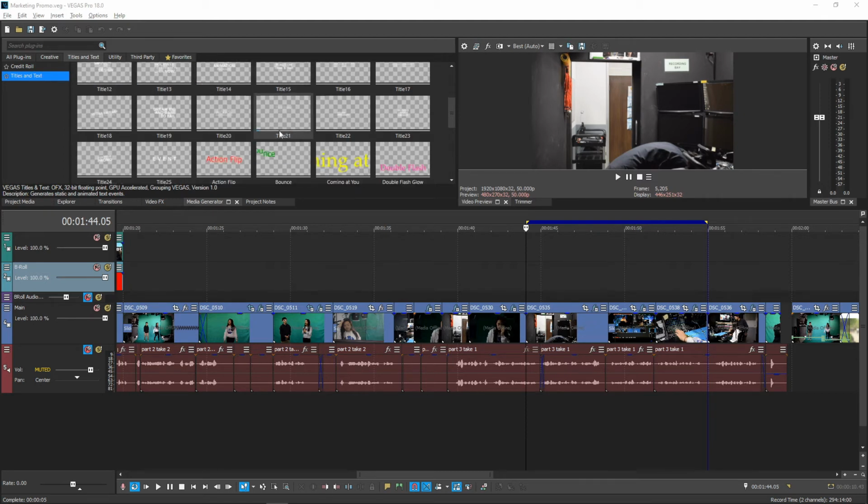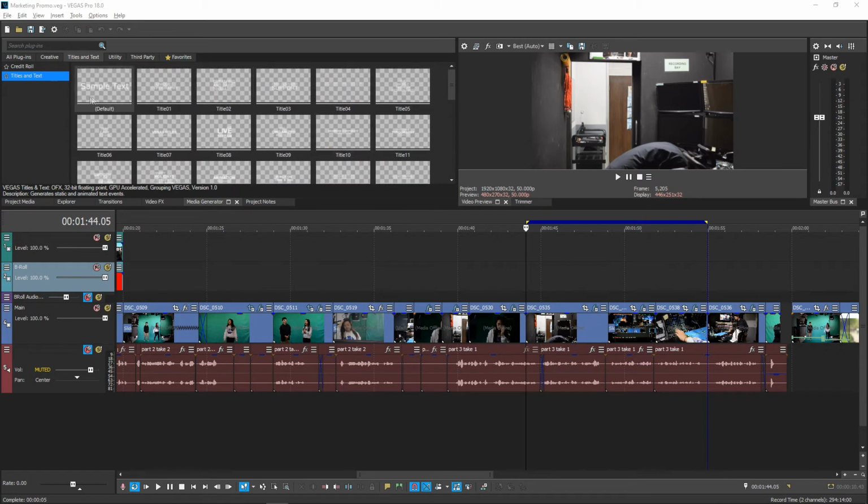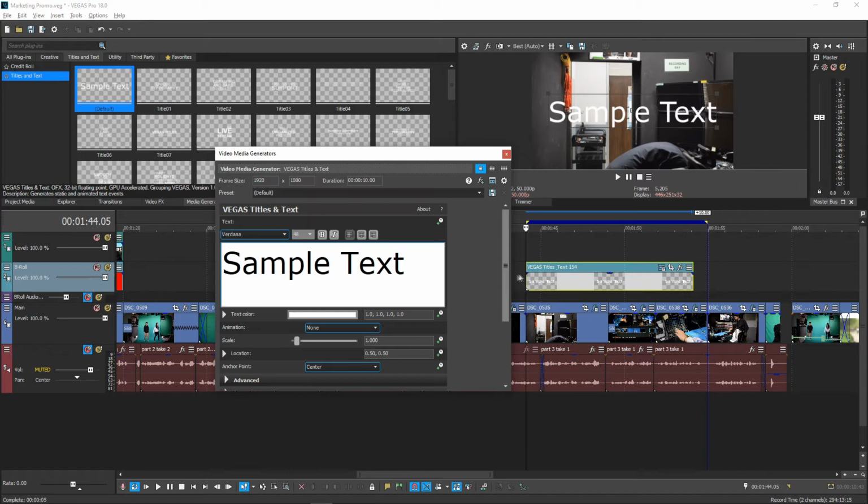Of course, there are lots of colorful special effects and animations in the title and text tab, so let's just look at the most basic default text. This large empty space here is for you to add your text.